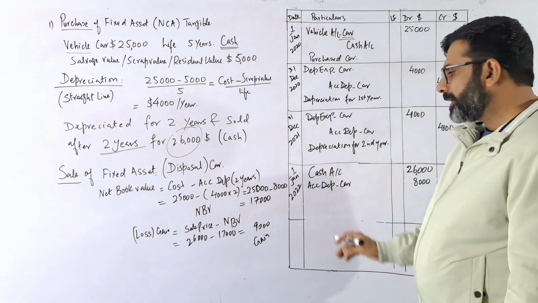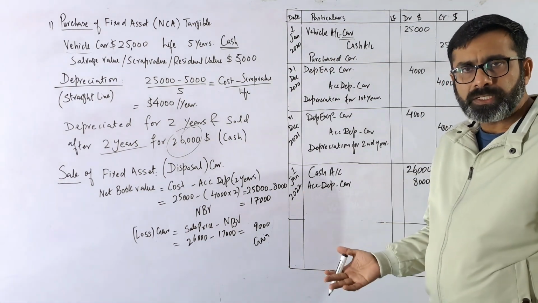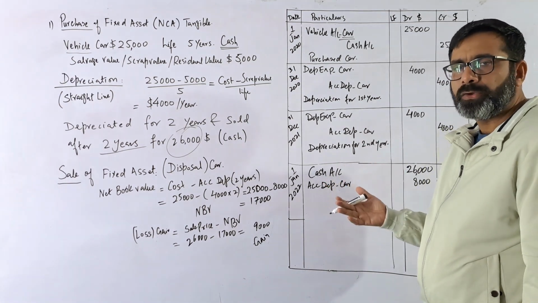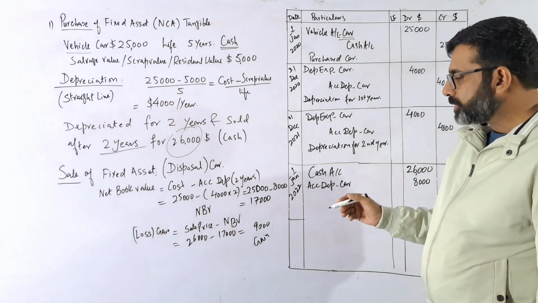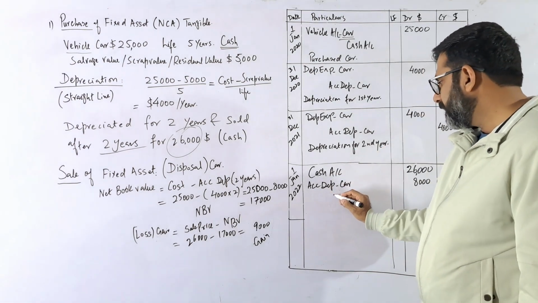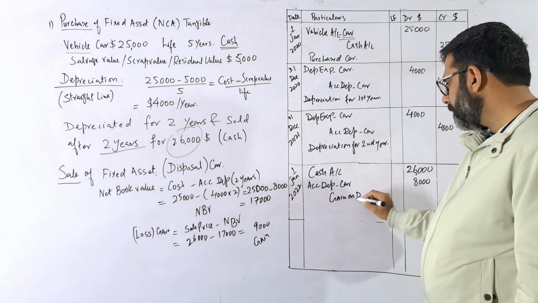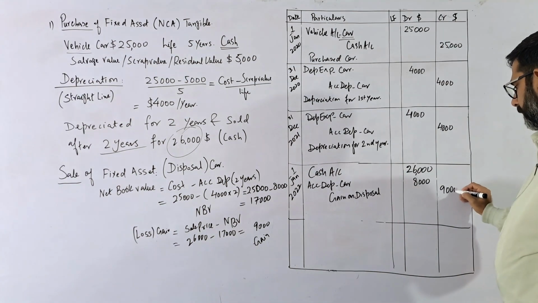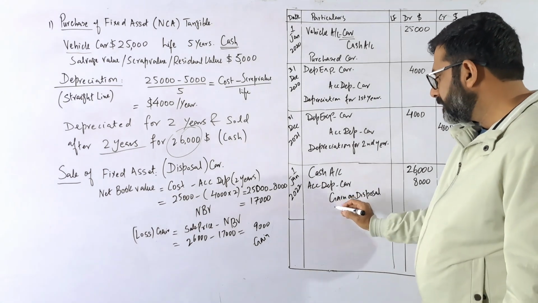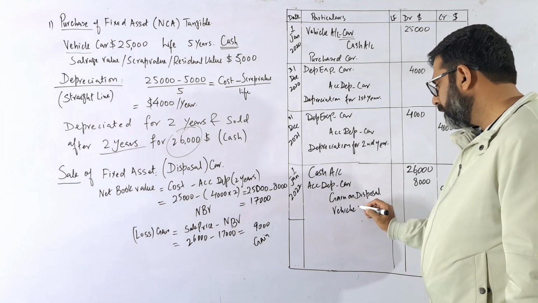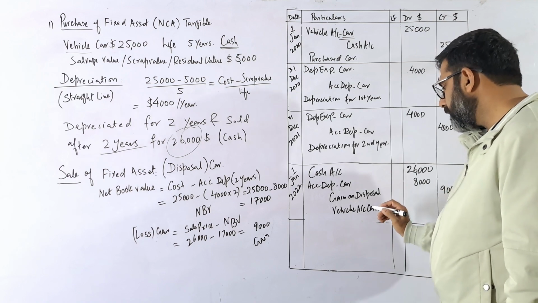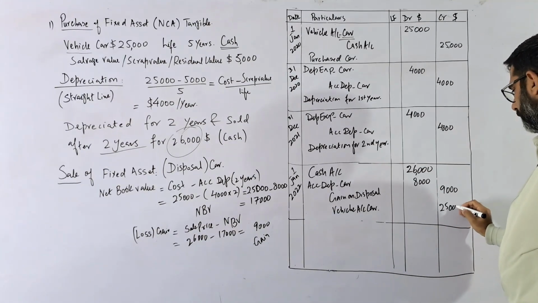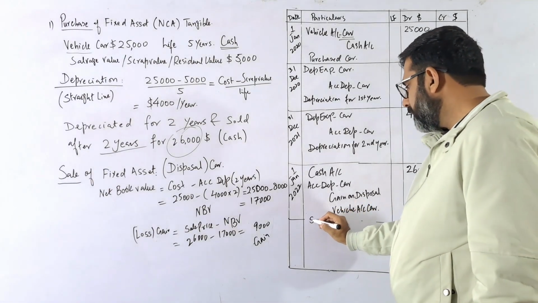The next thing, because there is a gain, it is not a loss on the disposal, it is a gain on the disposal. So the gain is like a revenue, it is a benefit for the company or the profit for the company. So the gain is increasing, so it will be credited. So here we will write the gain on disposal. How much? The gain 9,000. And the last thing, that is the same one, the vehicle account. The car account was there, the same account which was debited there, here it is credited with 25,000. So sale of